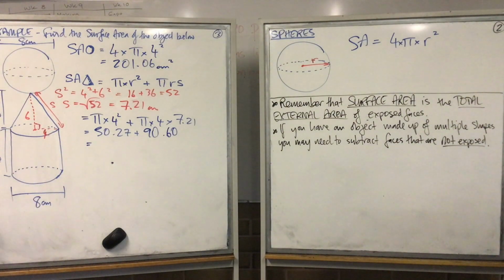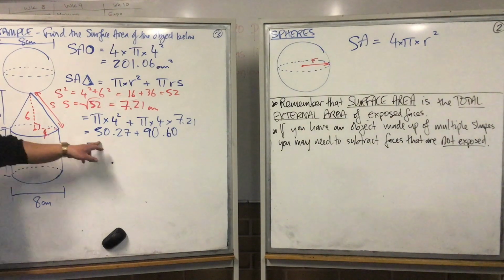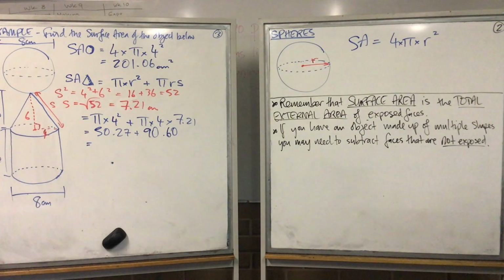Now, I've already spoken about being smooth brain and rough brain. Is there something I could do to make sure that I'm not doing work that I don't need to do? Is there a part of this that I'm not going to include anyway? Because I'm finding the surface area of this shape. You only need to figure out one of the circles. Well, we're talking about the cone right now. You do need to figure out the base of the